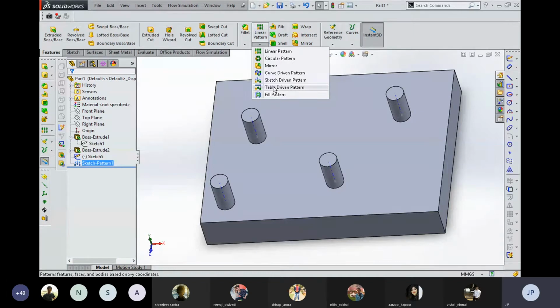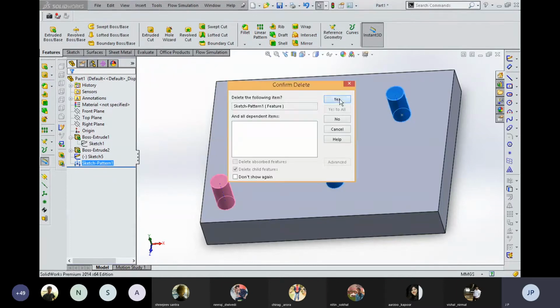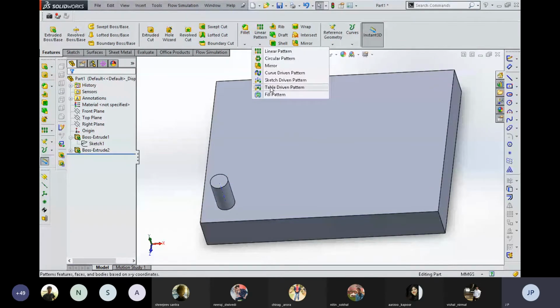Okay, so if you have some text values or some distance values already, first I am going to delete this, and there are a few things which are required for using this tool, the table driven pattern. First of all, I am going to open this tool and let you know what the different things are that are required for using it.